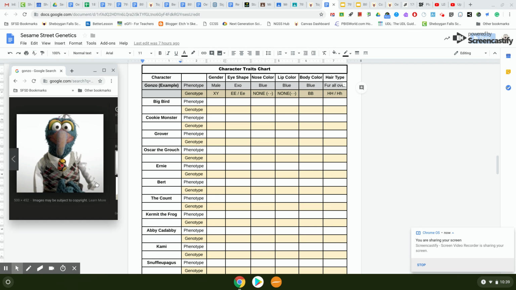Now to start out, for Gonzo, we want to identify the different phenotypes that we see for the traits. Again, phenotypes would be those visible traits. And then the genotype, the two alleles, the two letters that go together. Okay. Now, starting out with Gonzo's gender,